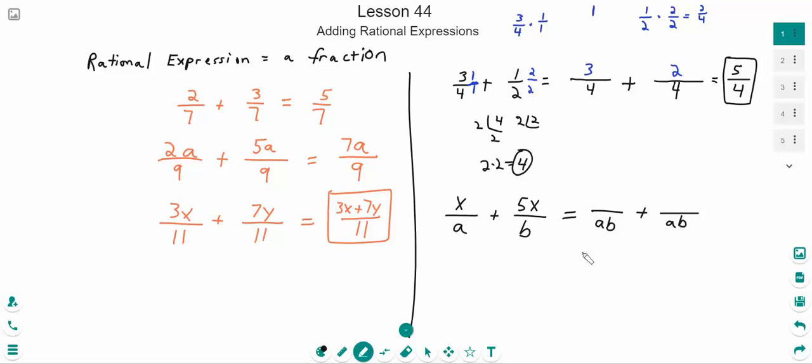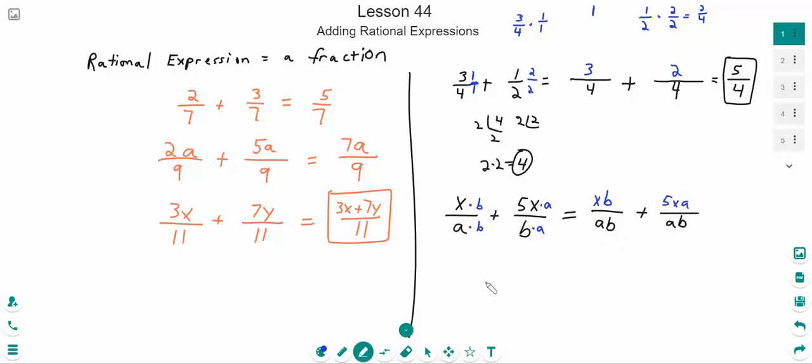That's the common denominator. Now we need to figure out what this numerator is going to be, because remember, that's going to change. So we need to ask ourselves, what did we multiply each of these denominators by to get to this common denominator? Well, we multiplied this a by b to get to ab. So we need to multiply the numerator by b, right? And the x times the b is going to give us an xb. And then down below, we have ab. What did we multiply this by to get to the ab? Well, we multiplied it by an a, right? B times a is a times b. So we need to multiply the numerator by an a. So we end up with